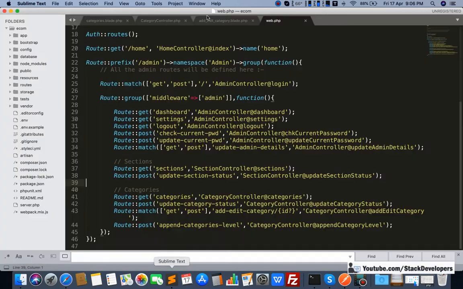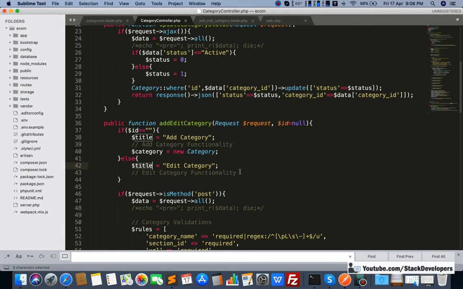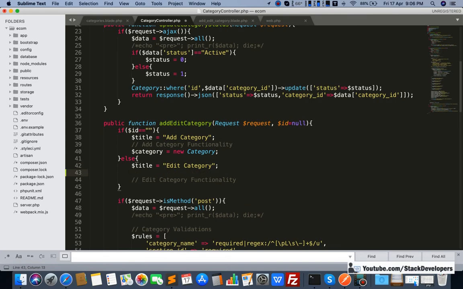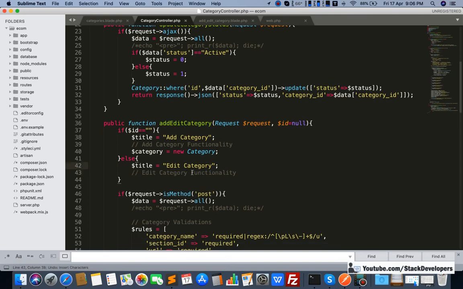We are going to fill this data, and for filling this data we need to get the category details here. Okay, so we are going to get the category data here from the ID. So I'm going to make this one like this, edit category, and here like this.